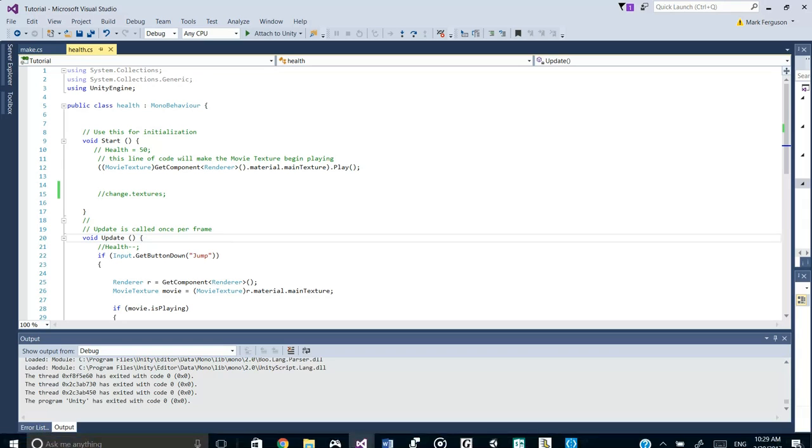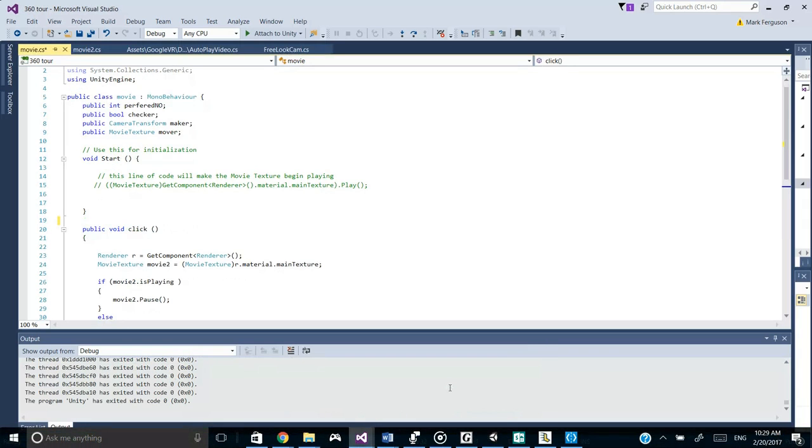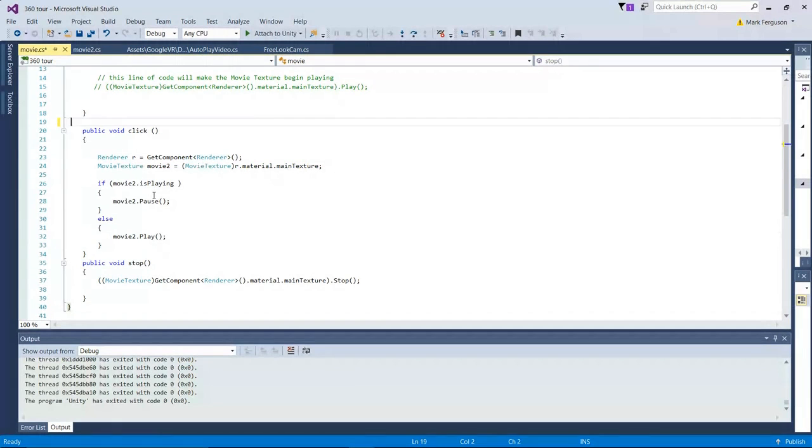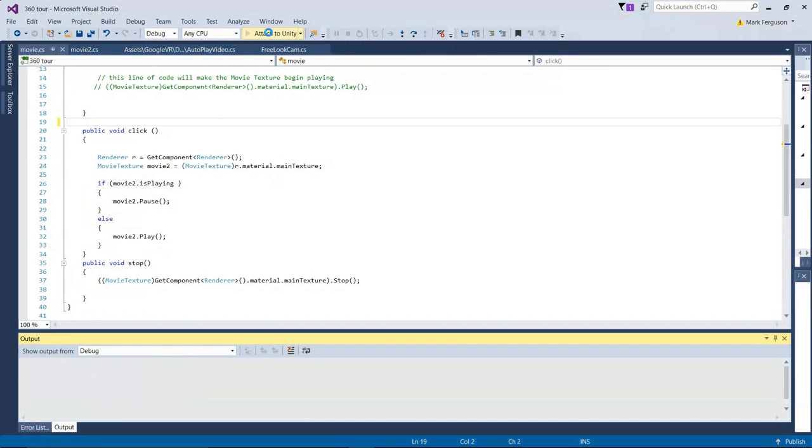If we change the update and take away the if statement and just change the method signature to click, and then keep everything else pretty much the same, we can go back, let's attach this to Unity real quick,